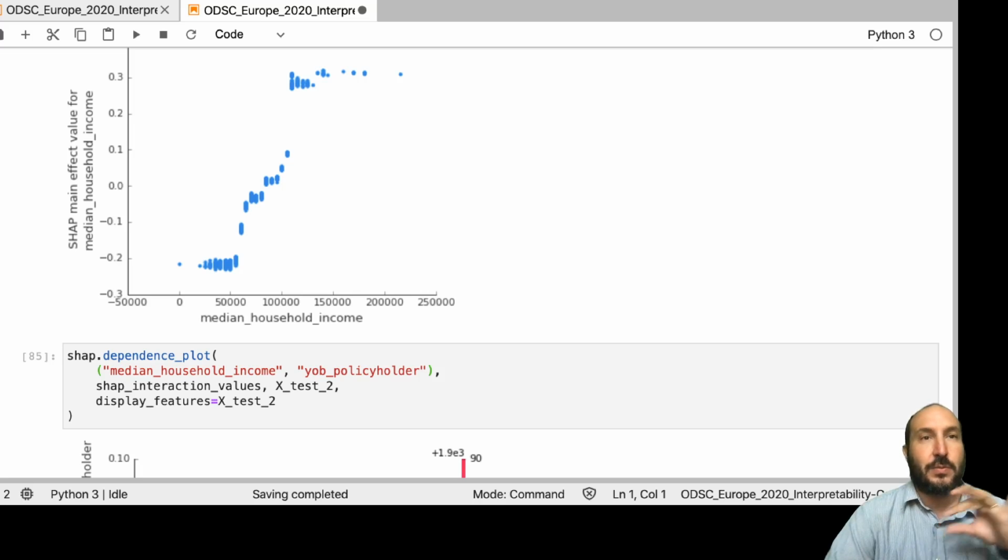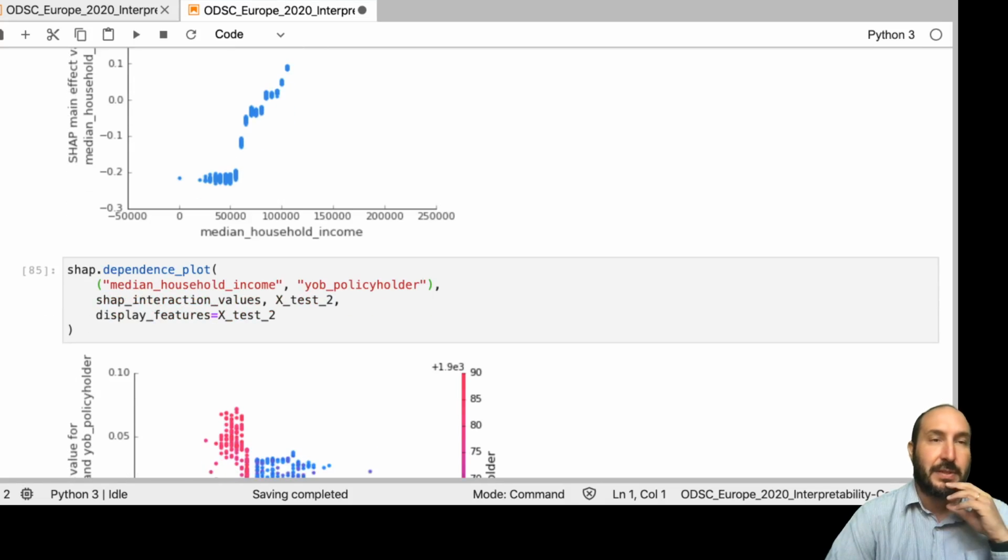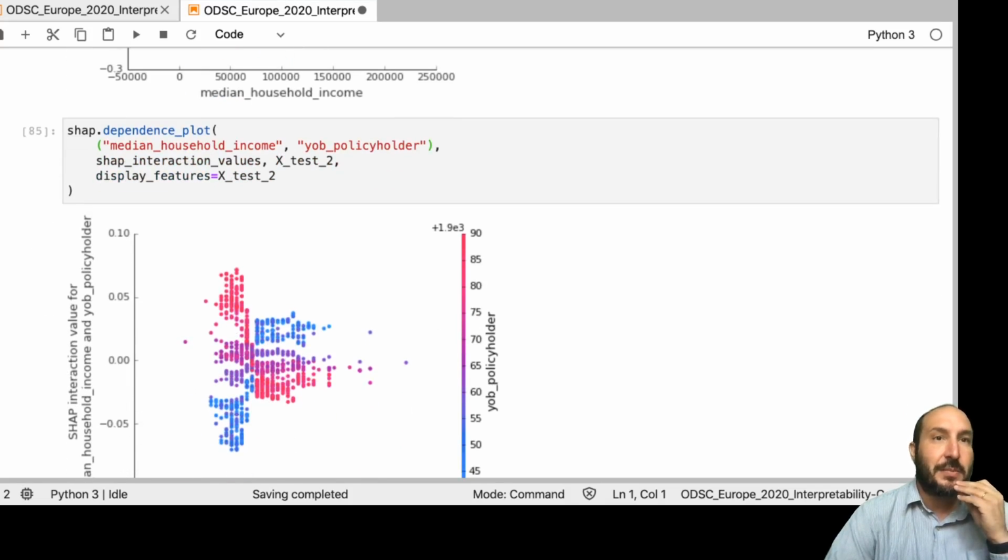So this is when I learned that you lived in a lower income zip code. What did the model think of your probability of buying an umbrella policy? And you see that it's mostly around 0.2, but sometimes it was a little more and sometimes it was a little less. Sometimes it was more negative and sometimes it was not quite so negative. So this sheds some light on how the year of birth impacted whether it was more negative